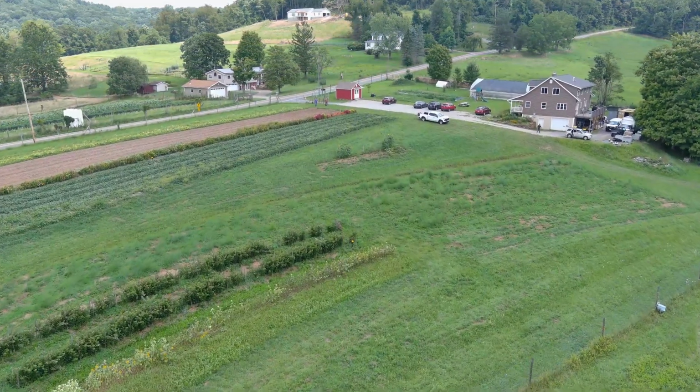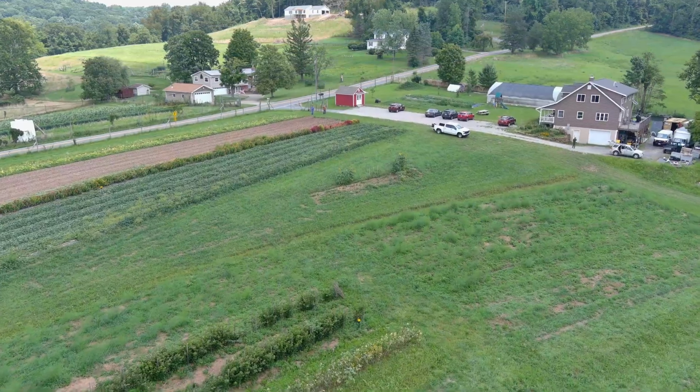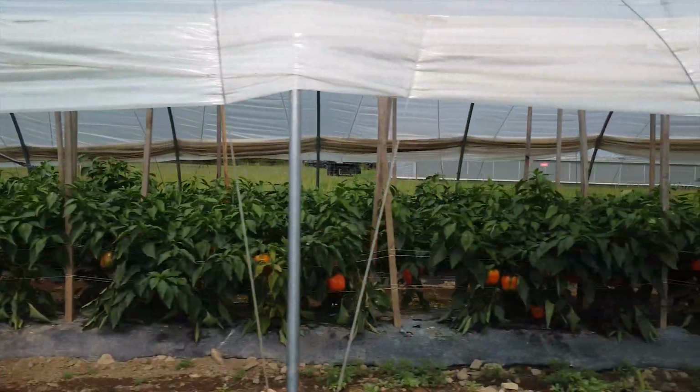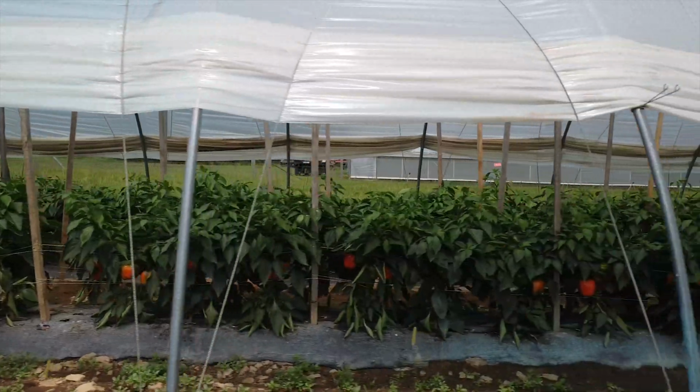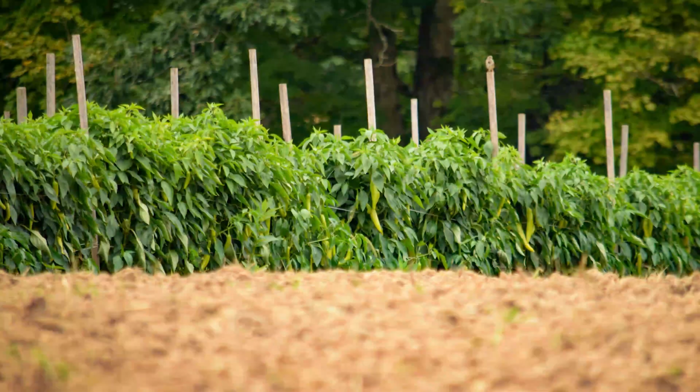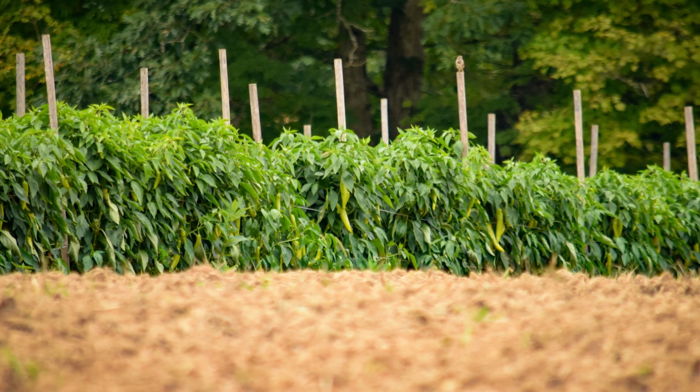We see what we're doing with the conservation practices as just really critical to having the farm in good shape for the long run. And it's going to make it more profitable for us, and we're going to have less insect damage, less disease damage, and